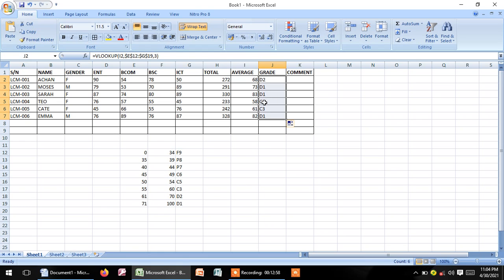And then you're seeing this one and this, they are all having credit 3 because they are in the range of 55 to 60. So that is how the VLOOKUP works.